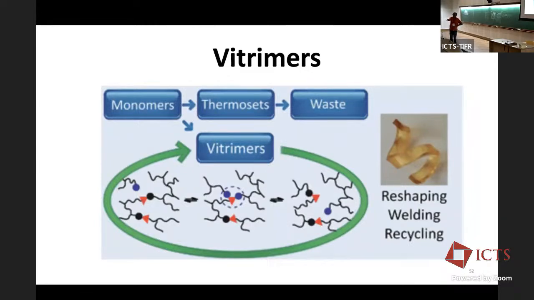At low temperature, the thing would look like a solid. At high temperature, these bonds would form and reform, so the thing would flow, and in principle it can heal defects or damage that is done to it. So the idea is the following: you put a coating down, epoxy, it goes into space, it gets damaged. You just locally raise the temperature above what's called the vitrimer temperature, and the thing becomes a liquid. You lower the temperature, it turns into a solid again. That's the idea. And Northrop Grumman,